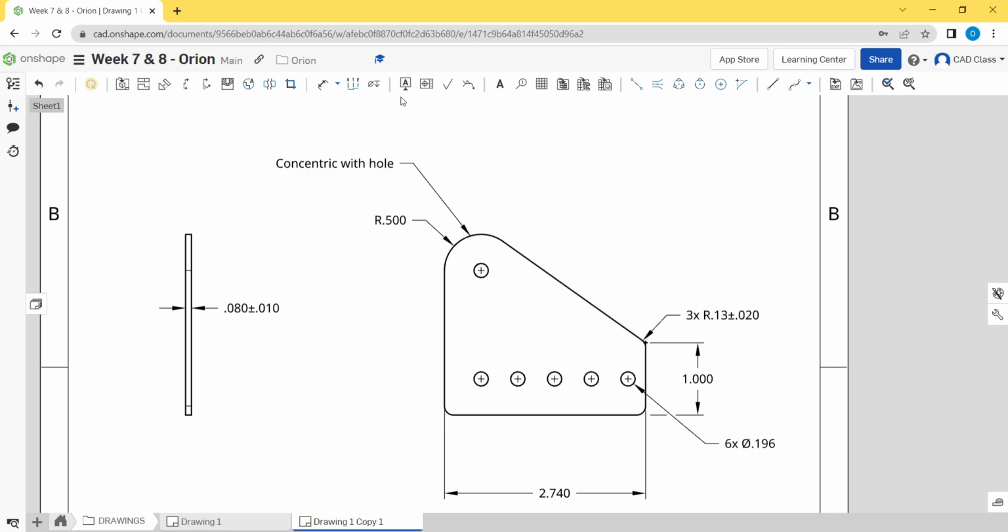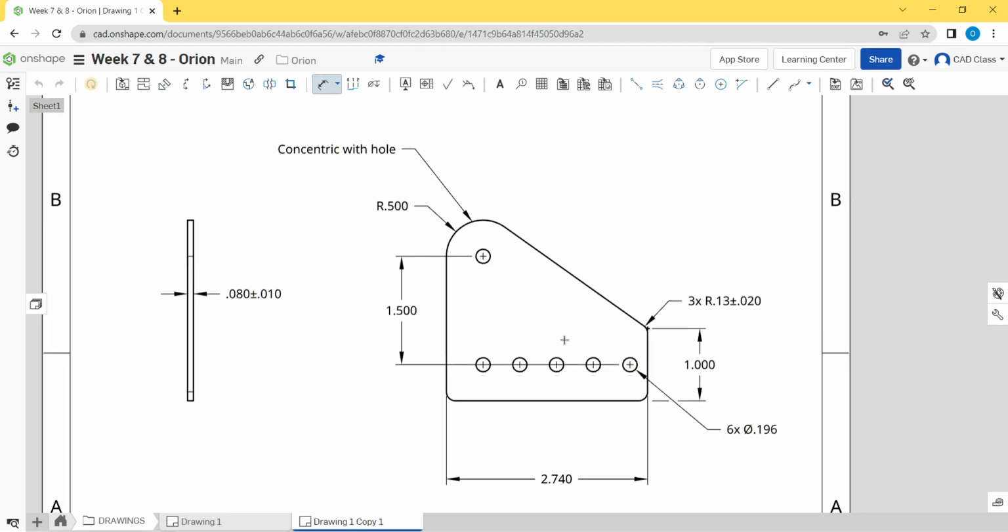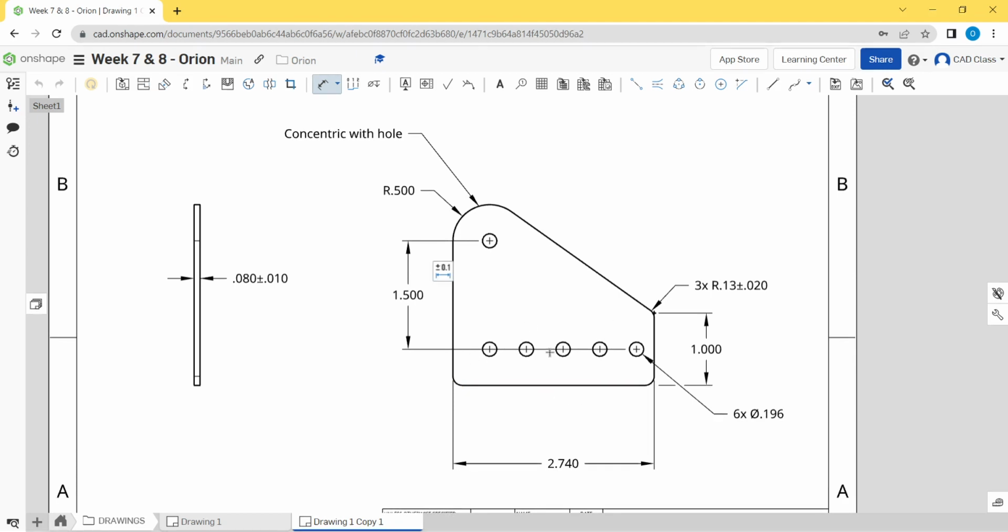And so what we're going to do here is I'm going to pick the dimension tool. I'm just going to dimension what I care about. And what I care about is this line of holes, and notice I picked the back hole here so that this dimension line extends through all the holes. This line of holes is a certain distance away from this hole here. And then in addition,